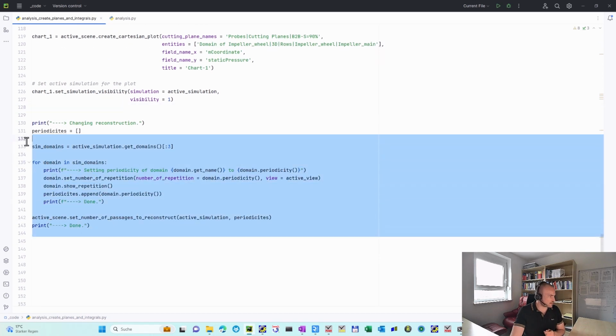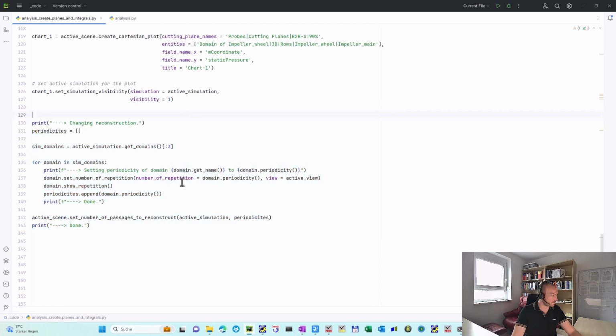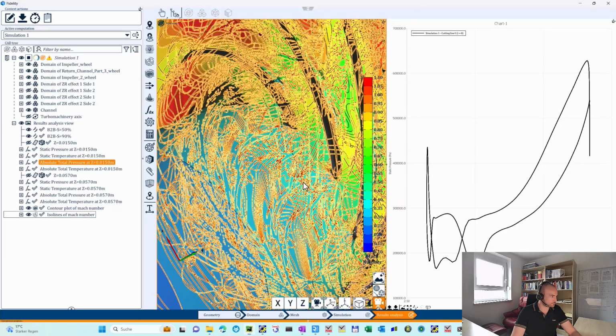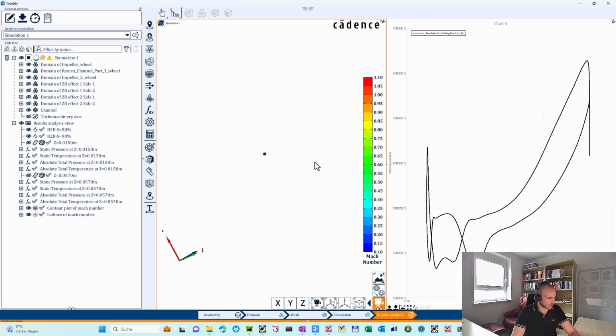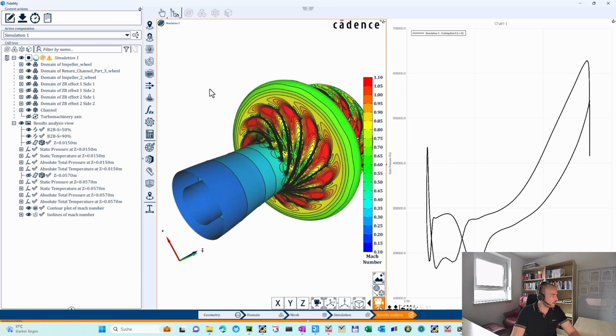And what I'm doing here is I activate the periodicity in order to get a full 360 degrees representation of my machine. Right. So this is what we've done. We created integrals, we created contour plots, and pretty much all we already showed the last time, but